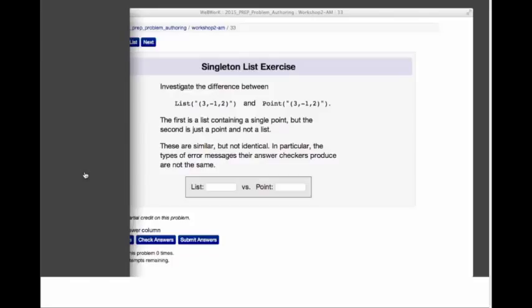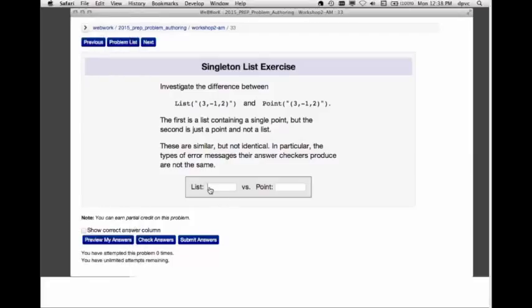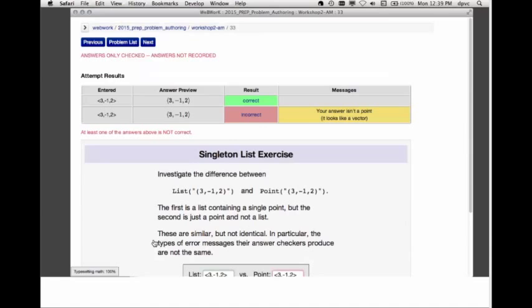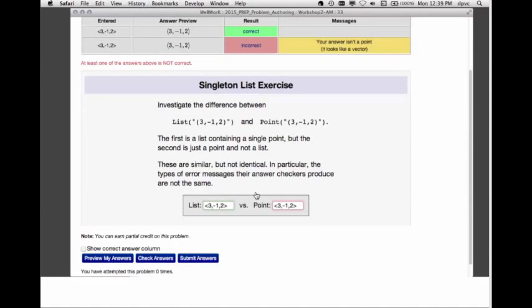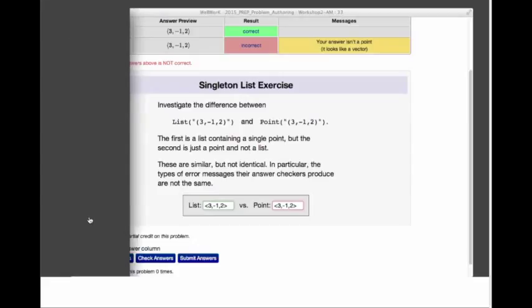If I enter the list 1 as 3 minus 1, 2, it is graded as correct. If I enter, okay, so if you've entered vectors here, 3 minus 1, 2, in both of these, one of them gets graded correctly and one of them doesn't. So this one gets graded correct. The other one says it doesn't look like a point. Yeah. Turns out that in the list processing, there's some type coercion going on. If things could be converted from one to another, they get converted. So vector here actually gets converted to a point in that case. There is, let's see, if I enter both as